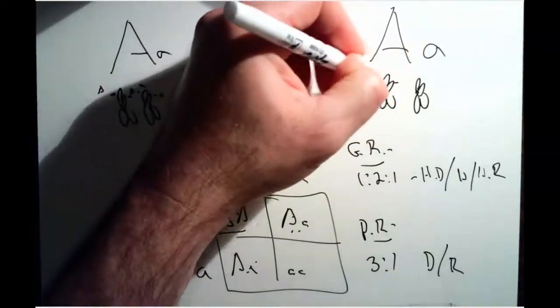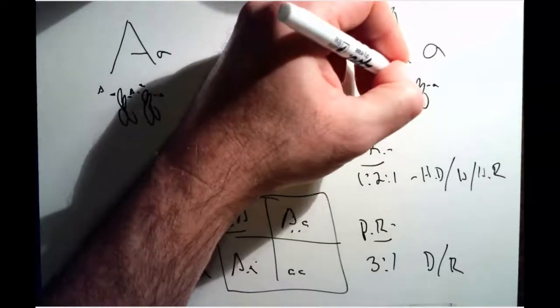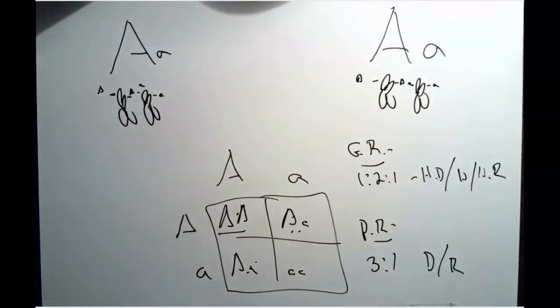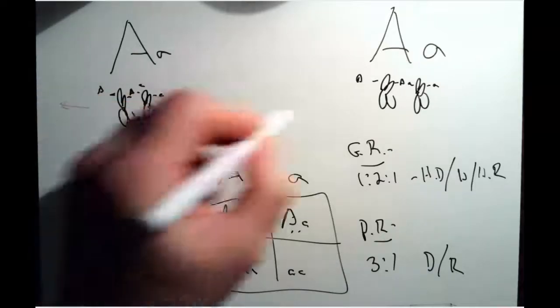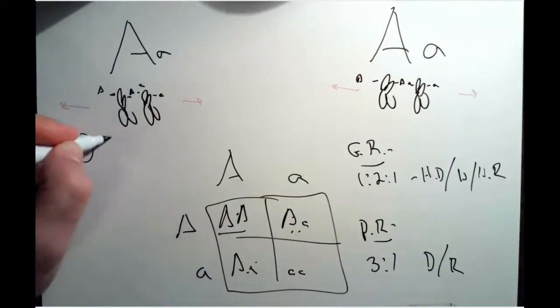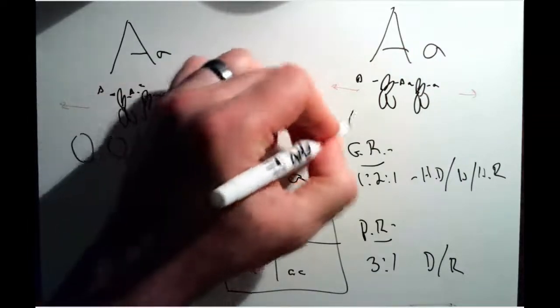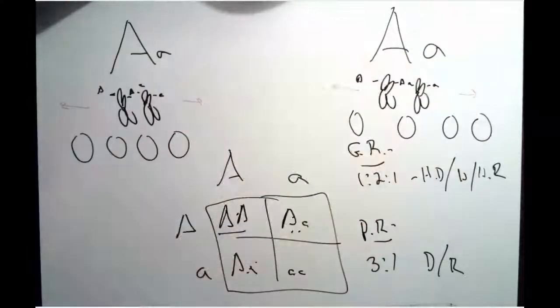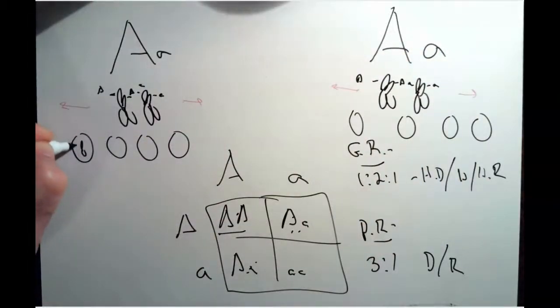These are sister chromatids, so they will be identical, and this is the homologous pair. If you fast forward in your mind's eye through anaphase 1, which is going to pull these chromosomes apart, and then go through meiosis 2, these sister chromatids will eventually become their own individual chromosomes,